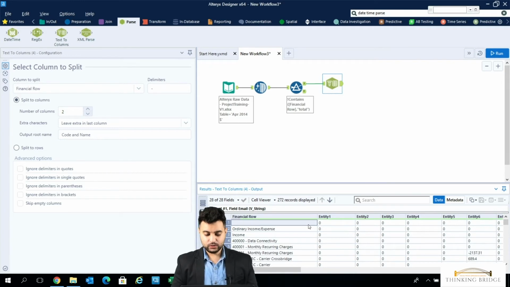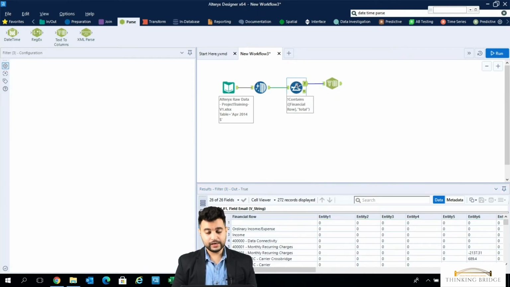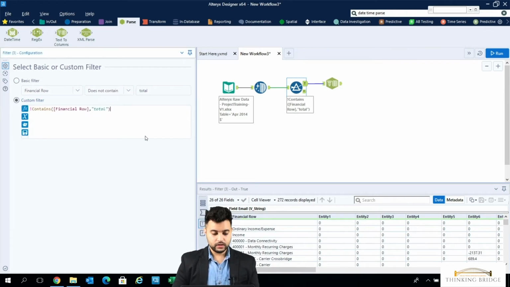However, let's say I do not want to see any empty fields, and I want to filter that out. I'll go to my filter tool. I'll select custom. If you can see, there's an exclamation mark here. Exclamation mark means does not in Alteryx. So we could have just used contains, and if we had used contains, it would have given us only whatever has total written. And if we insert an exclamation here, it means does not contain. So it does not contain total,